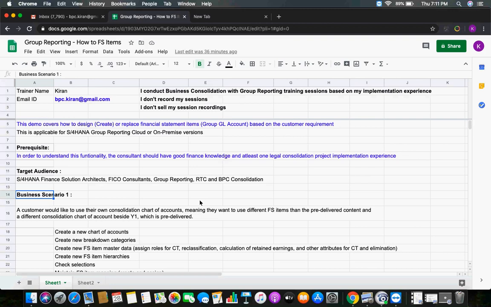Now let's understand consolidation chart of accounts and relevant FS items mapping. First scenario, scenario 1. A customer would like to use their own consolidation chart of accounts, meaning they want to use different FS items than the pre-delivered content and a different consolidation chart of accounts beside Y1 which is pre-delivered.